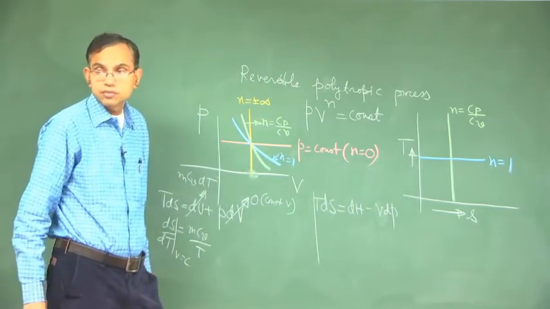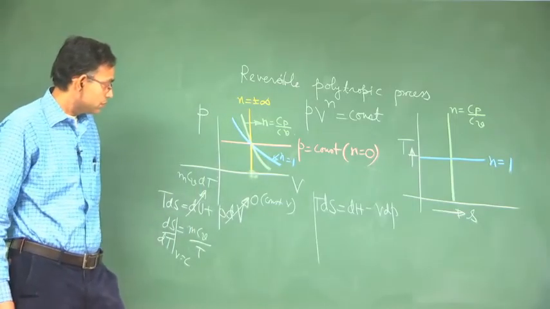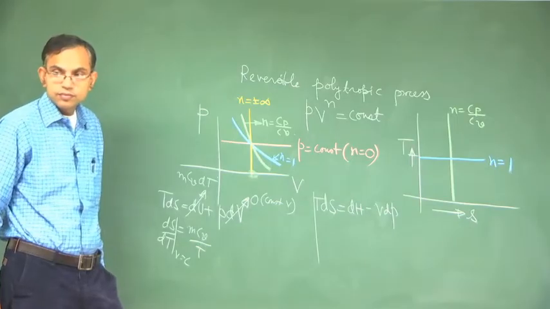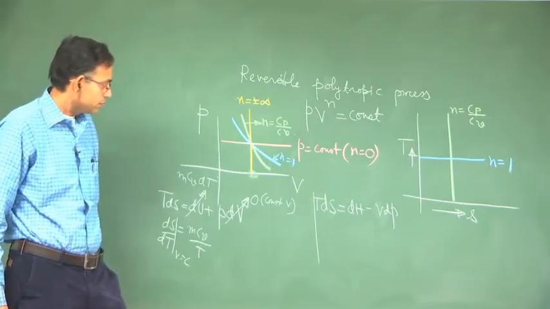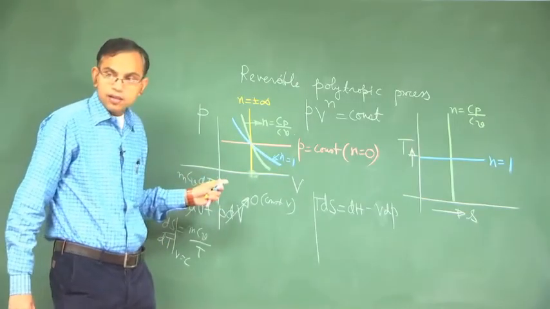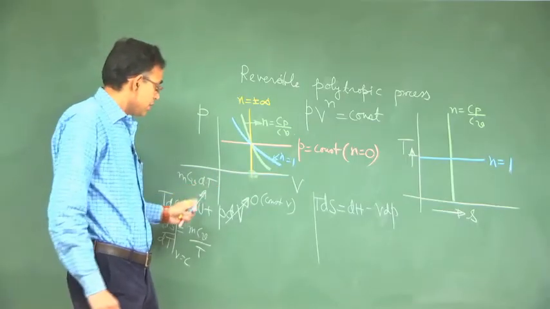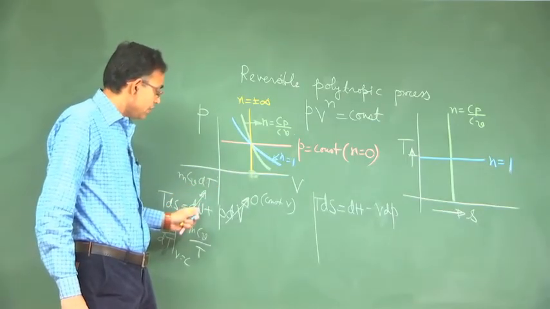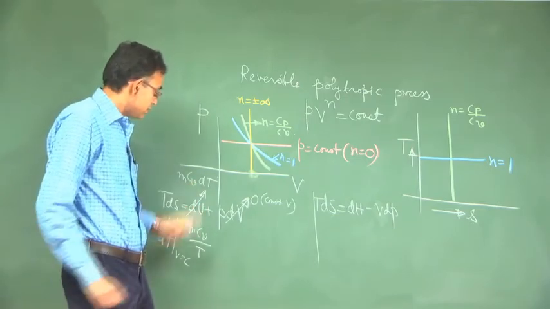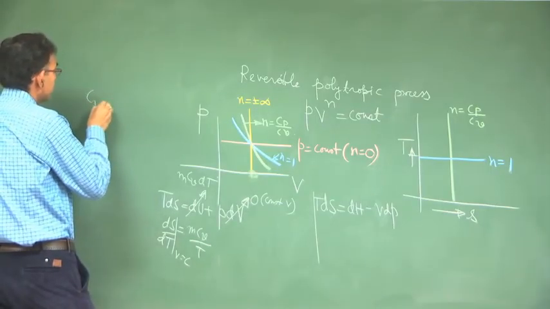Sir, just one thing, while writing du equal to mCv dT, you told that it is an ideal gas, right? It is an ideal gas, yes. Du is mCv dT even if it is not an ideal gas because it is a constant volume process, right? No, du is mCv dT, it is true only for ideal gas, because the definition of du is based on... what is the definition of Cv?